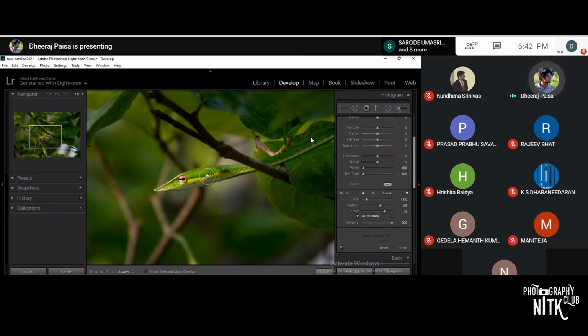It uses the auto masking feature, because while you give strokes, if there are any other objects, the brush will not be applied over there. If you uncheck it, it goes onto the other objects too. So always try to use auto mask. Show selected mask overlay and add strokes over the region which you want to edit.